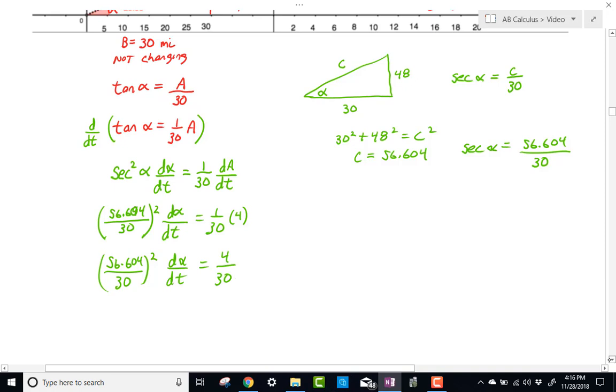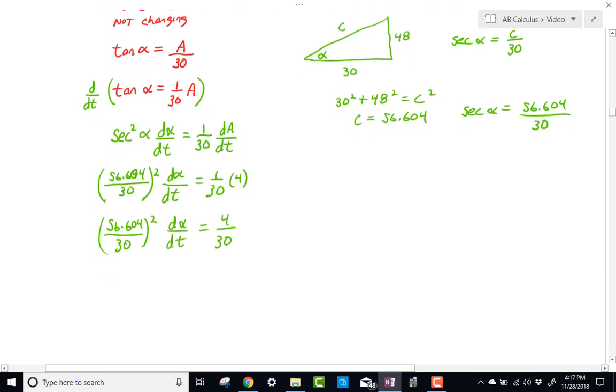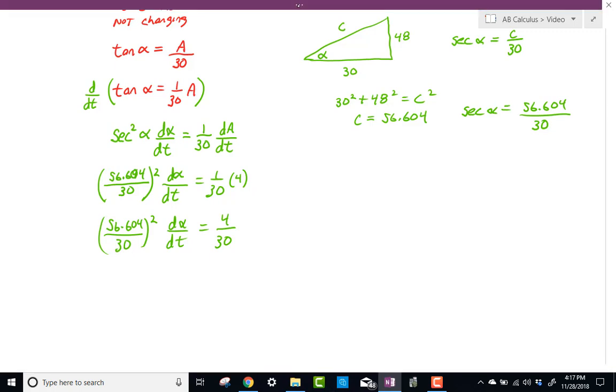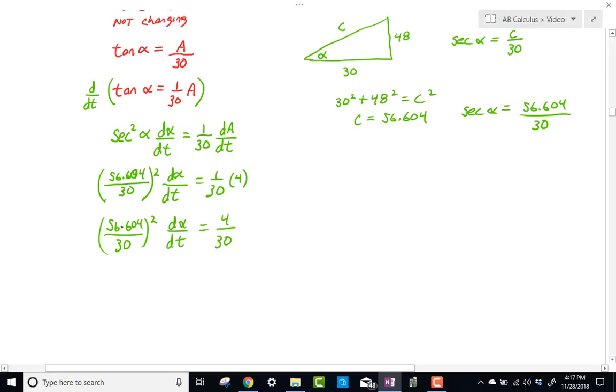Now, if you look at what's going on here, in order to get rid of this 56 over 30, I can divide it out, or I can multiply it by the reciprocal of this. So what I'm going to do is I'm going to take and multiply both sides by 30 over 56.604 squared, because that squared is attached to both parts. So d alpha dt is equal to 4 over 30